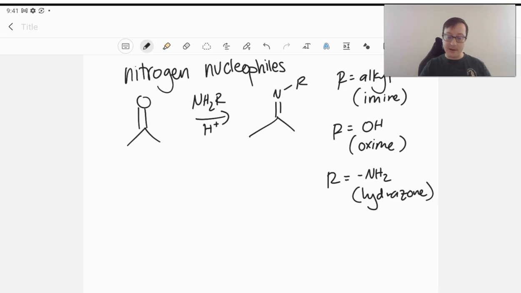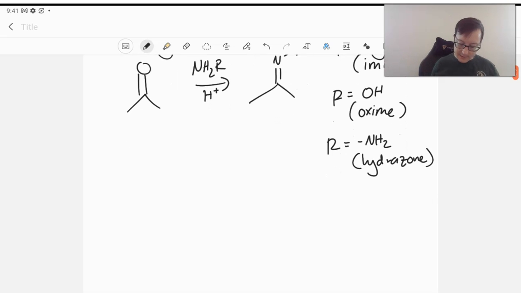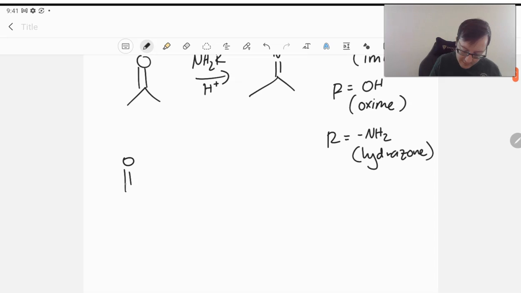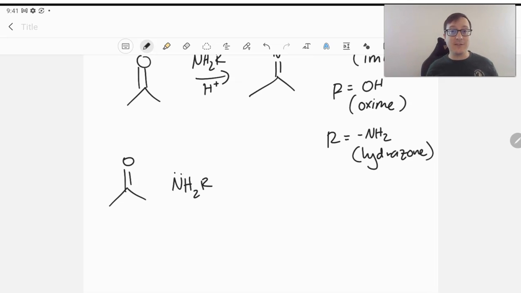We can take a look at the mechanism. We'll use acetone because why not? R groups, it's fine. We're going to see that this mechanism will be very similar to our generic mechanism, except we're actually going to have the first step being the nucleophilic attack. We're not going to protonate anything first here. Because amines are bases, they're what's likely to already be protonated, so that's a step we're not going to focus